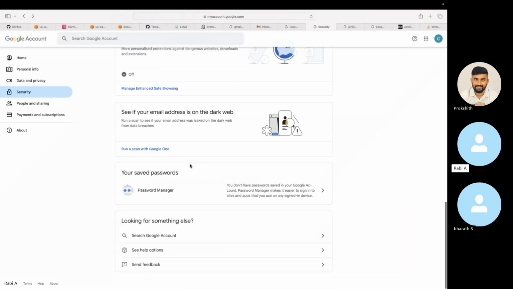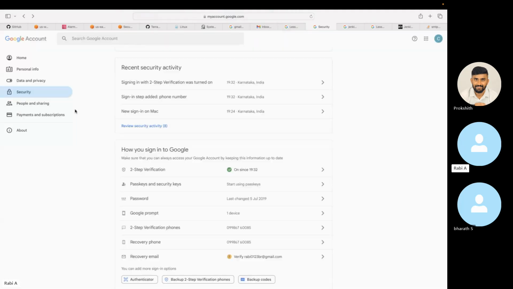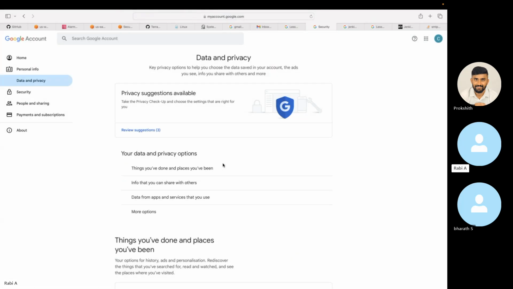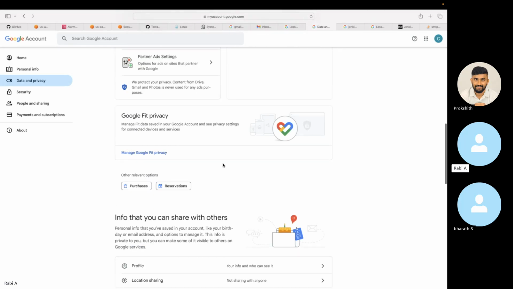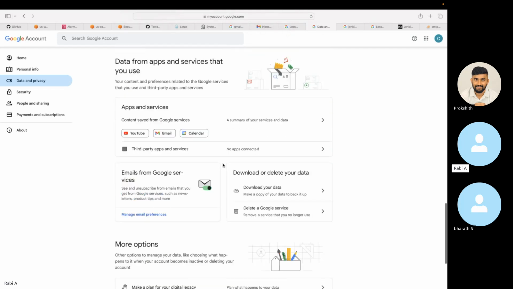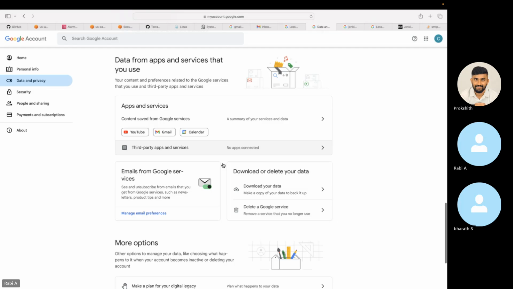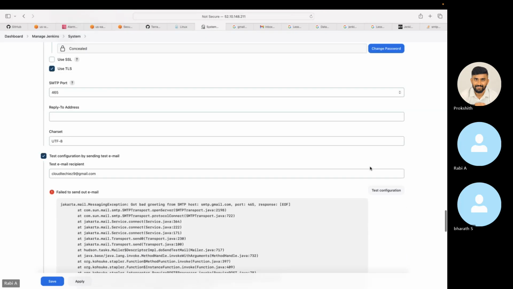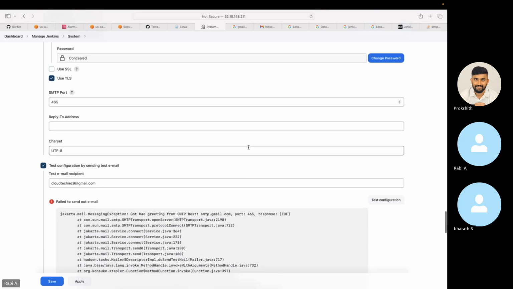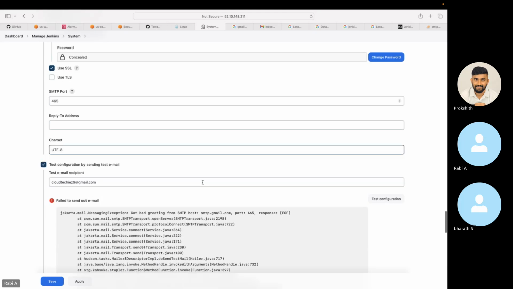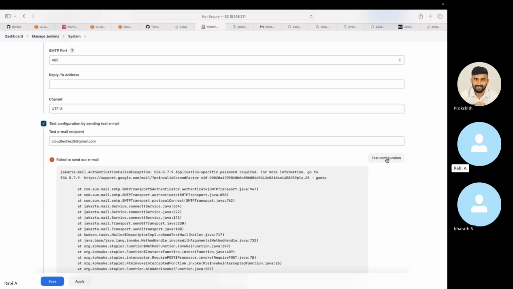Okay, that's a different thing. I remember doing something. Okay, so now this is expecting an application specific password